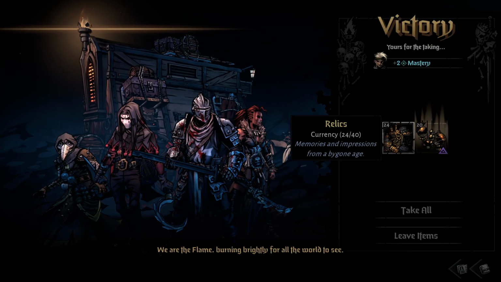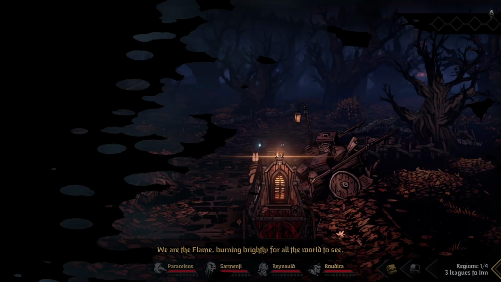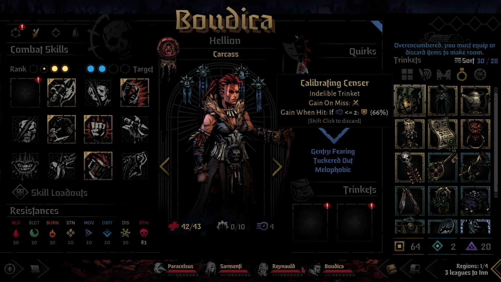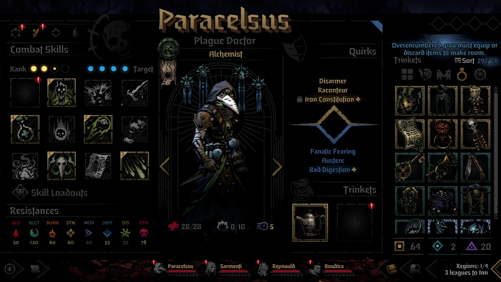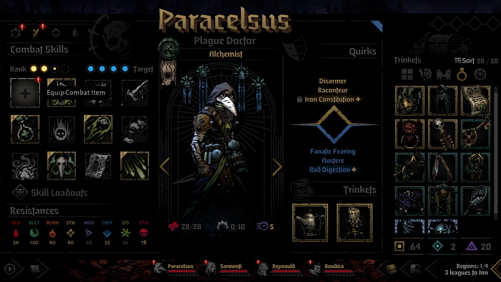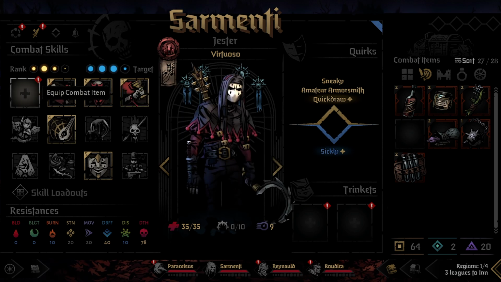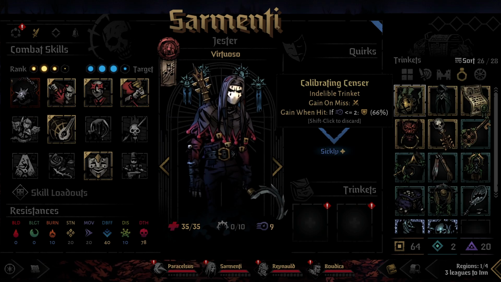We are the flame. Mastery points, relics, baubles, just what we need. And I need to equip some stuff because I'm too full. Who would have thought? Okay, so first of all, Para. I want all of the on-hit stuff, I think, for now. And then we'll do that just because she can hit multiple things with it. Sarmenti can have the spiked ball. And